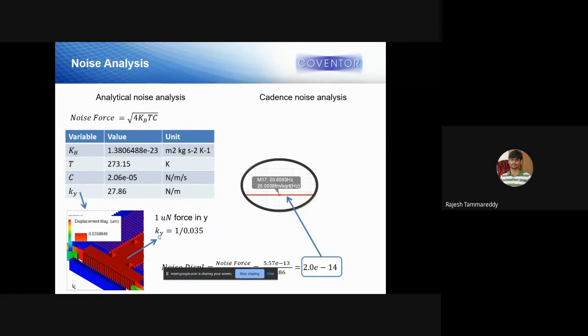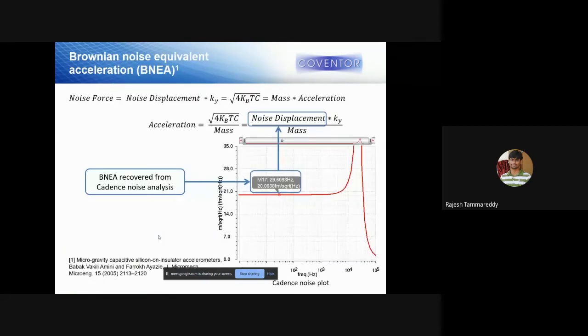On the next slide, what you are seeing is the noise equivalent force, that is your equivalent acceleration.